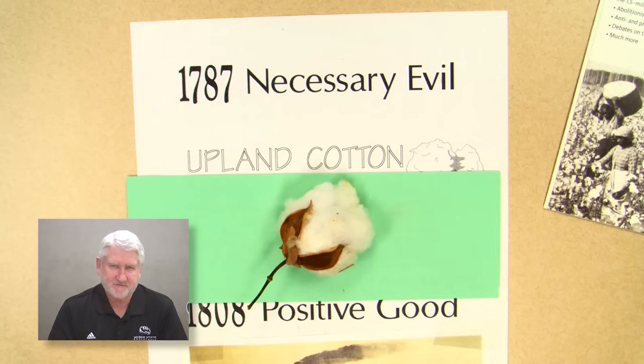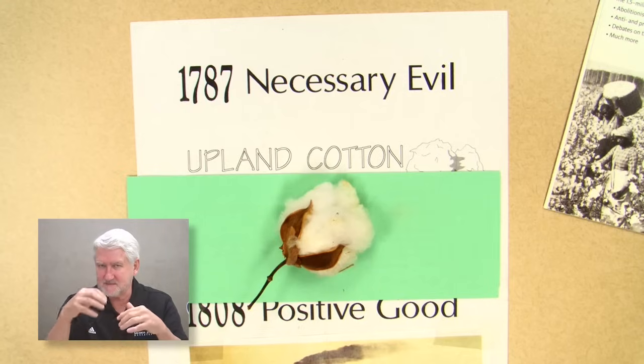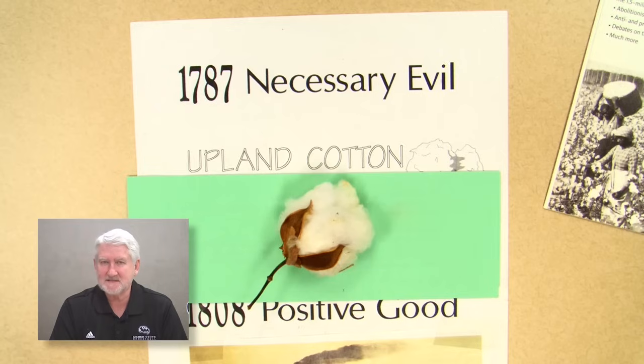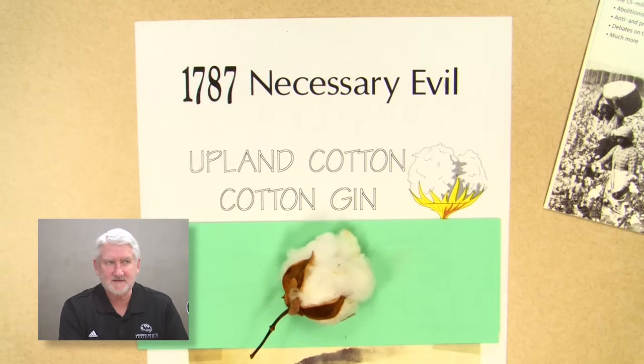Just a couple of drums in there with some slits here, some tines. As you turned the crank, the tines would pull the cotton fiber away from the seeds, which would drop through the slits and out. You can process cotton as fast as you can plant it, as fast as you can pick it. You can process it and make yourself a ton of money. Of course, this was the invention by Eli Whitney of the cotton gin.